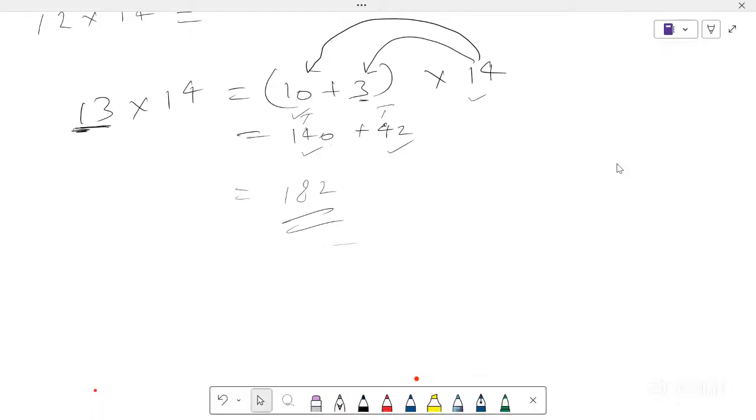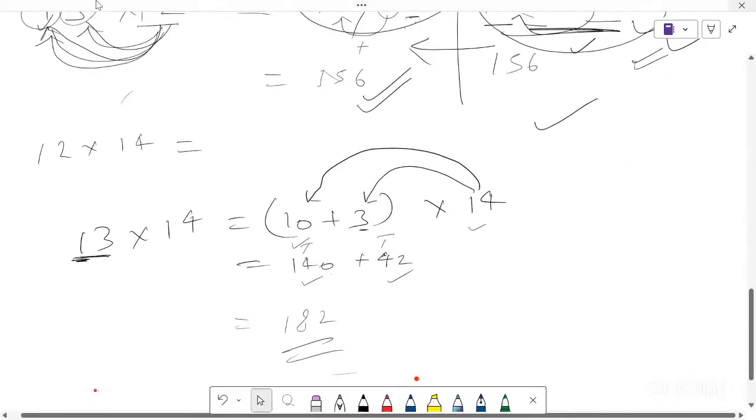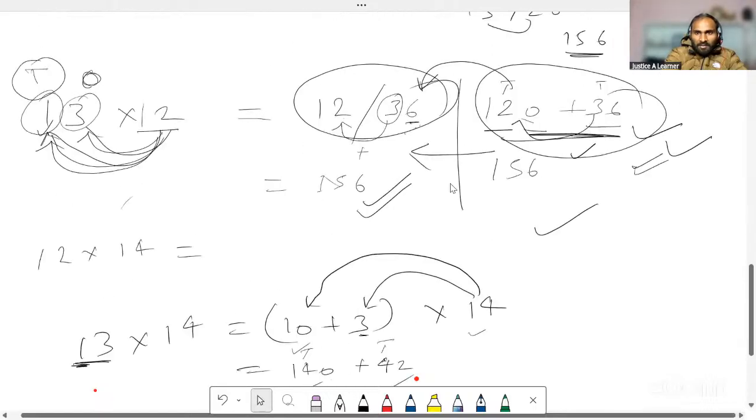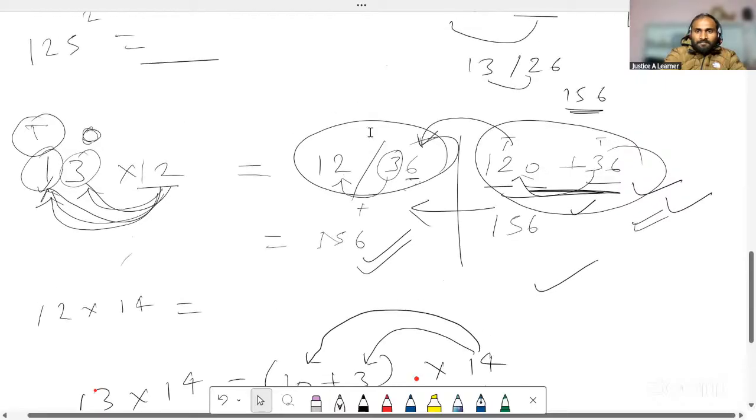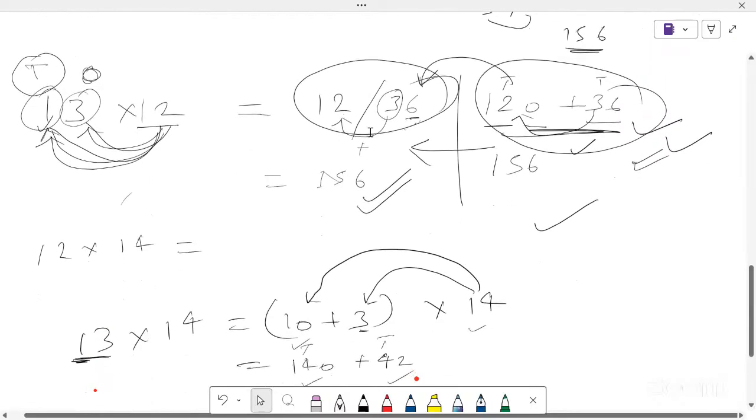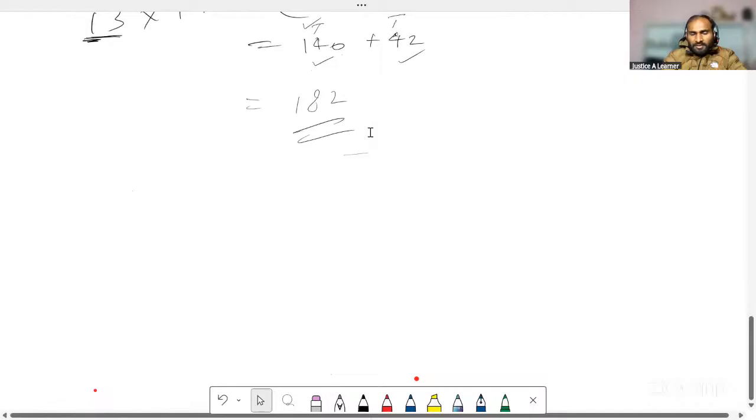This method is really slow. So that's why I told you this is faster than that one. But the concept is this, and this is the modification of this method to do it mentally. So I prefer this. Would you like to solve more questions like this?